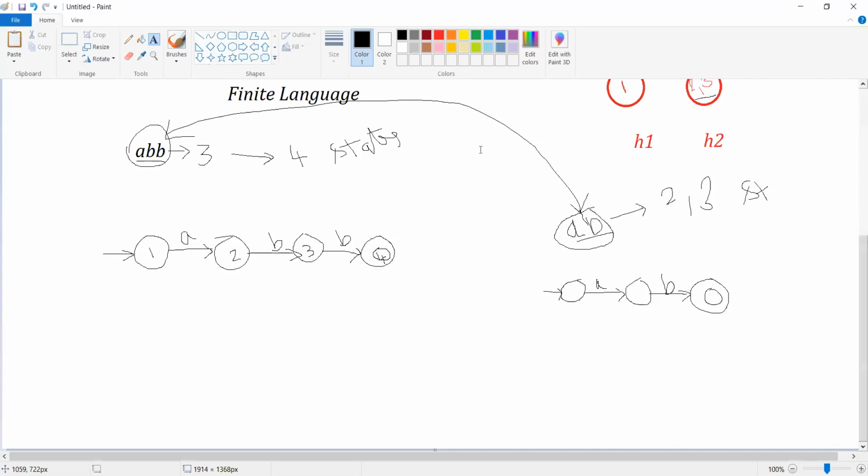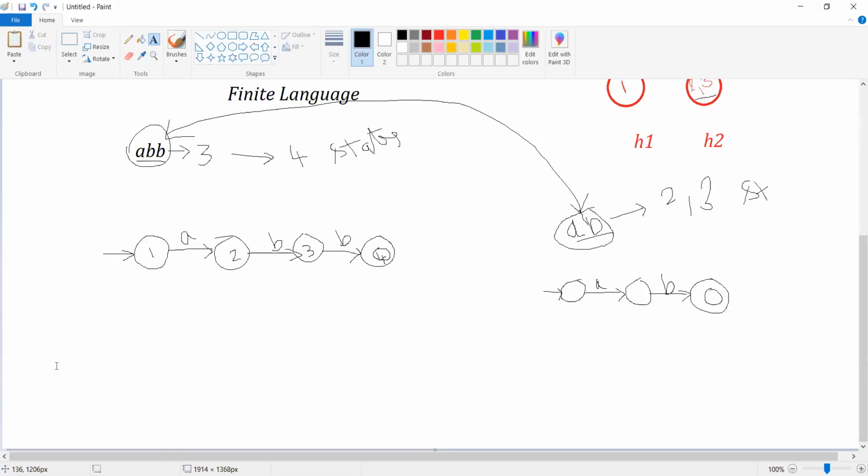What do you mean by finite language? A finite language is a language where we have a finite number of strings. The point I want to conclude is that when we have a finite language, we can construct the finite automata.